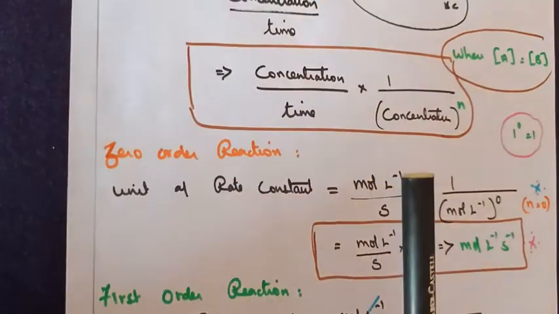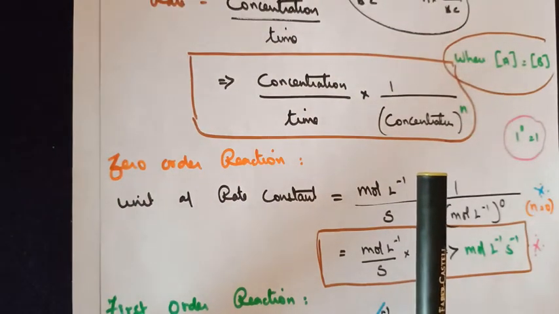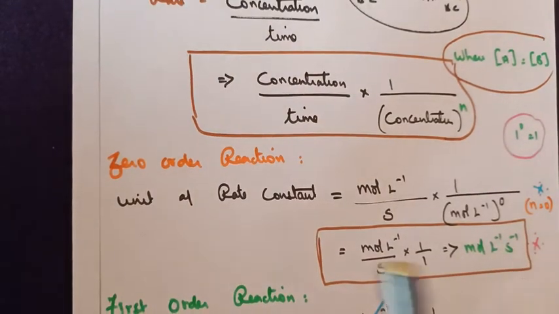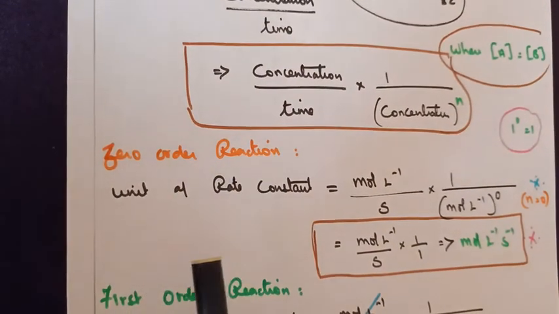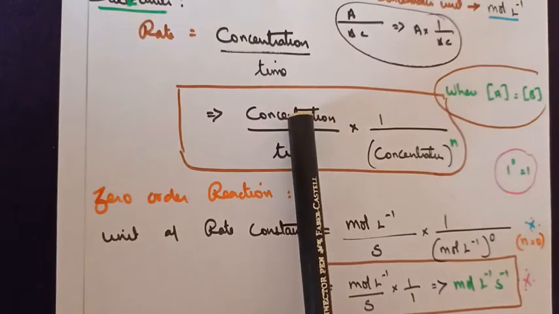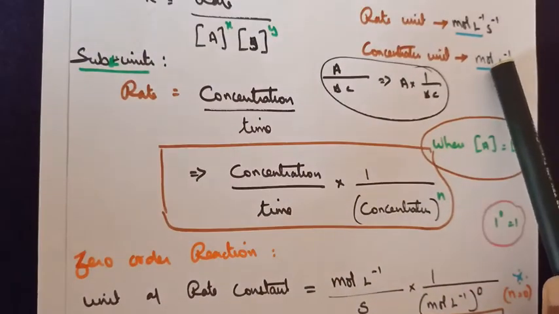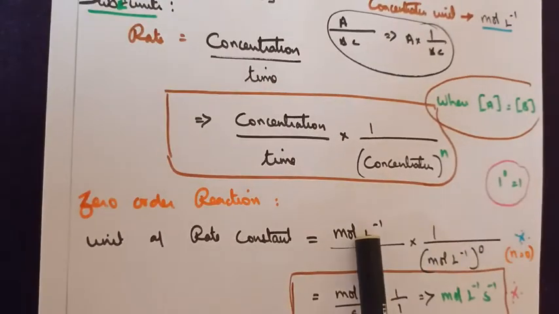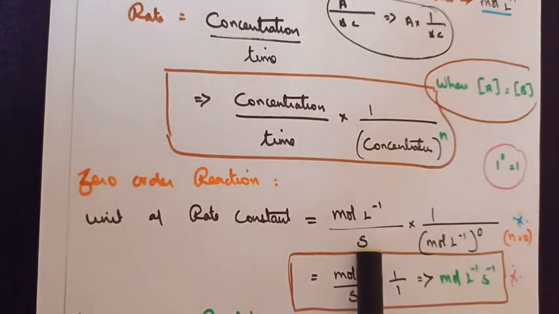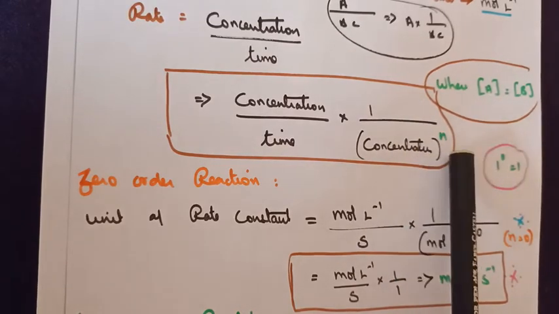Coming back to your 12th standard syllabus, you have learnt about a first order reaction and a zero order reaction. So you need to calculate the unit of rate constant for it. So that's a zero order reaction. The unit of the rate constant is equal to, in place of the same general expression, concentration. What's the unit of concentration? Mole liter inverse. Write it down. Time, we take it to be seconds here. So we write seconds here into 1 by concentration to the power n.